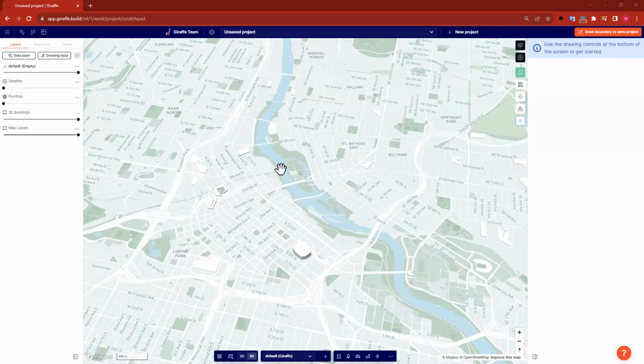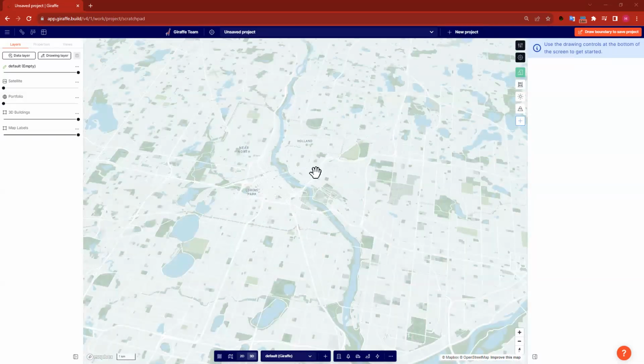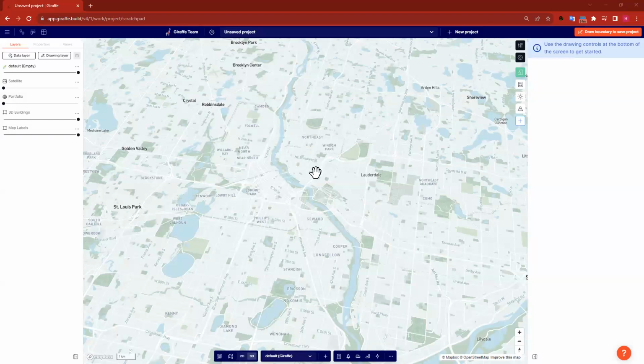demo. A big thing about Giraffe is that Giraffe's main canvas is a map of the entire globe. So everything you ever do in Giraffe is going to be geolocated, it's going to be to scale, and it's going to be in the context of the data that you add to your project, that spatial data. So I wanted to start today by looking at the spatial data in the